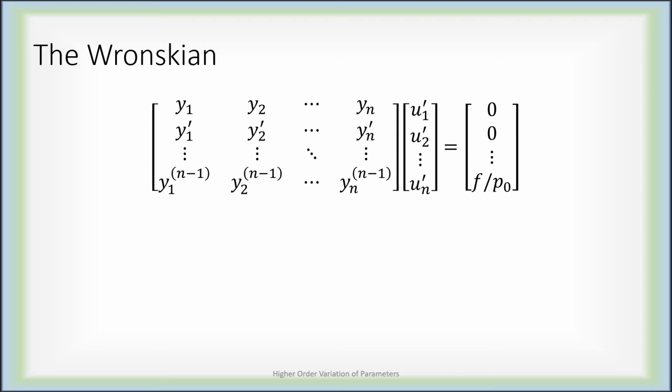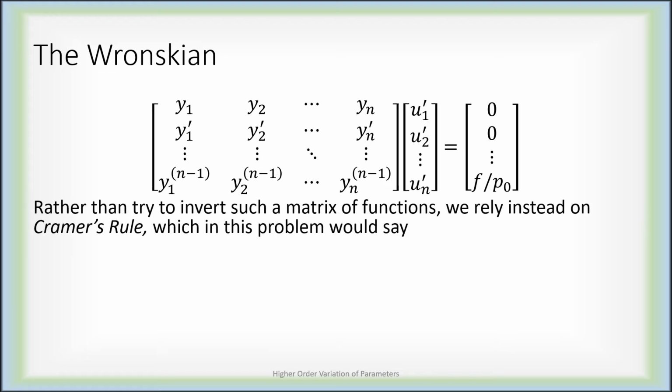So here we have Wronskian times column of derivatives of the ui is equal to this particular column on the right, which is all 0 except for the last entry. We can solve for the derivatives u1 through the derivative of un by inverting that matrix, but that would be a nightmare. We're not going to try to invert the Wronskian. Not only is it presumably a large matrix, it's not even a matrix of constants, it's a matrix of functions. So instead we're going to rely on Cramer's rule, a method for solving this problem,